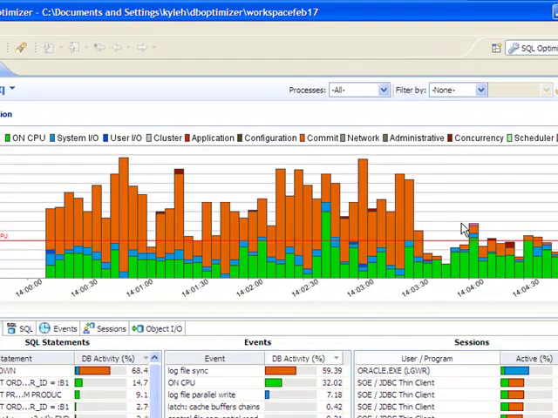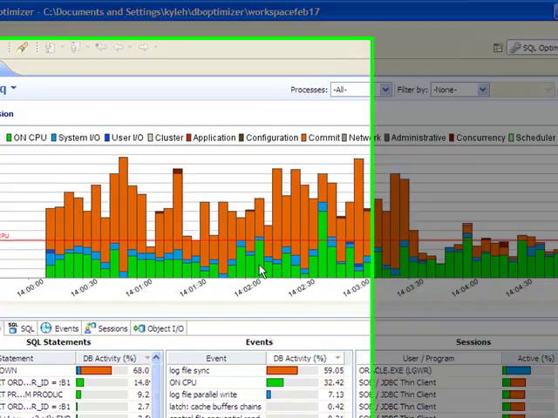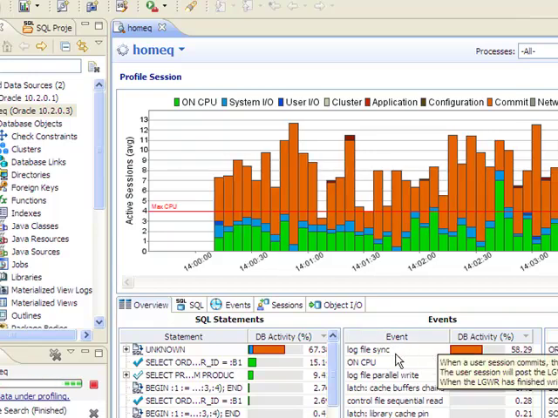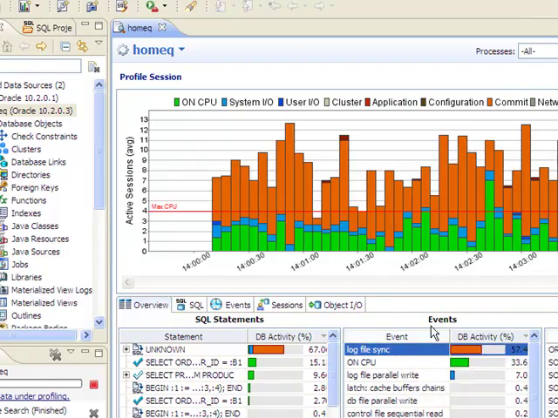Anybody can read it. The idea is when we're far above the max CPU line, there's some sort of bottleneck. What kind of bottleneck? We can identify it either by looking at the color of the bar and looking at the legend, or we can jump down to the event section, the top activity, and see what the top events are. In this case, it's log file sync. I look that up in either Oracle's documentation or DB Optimizer's documentation, and we see there's two choices, either commit less or move the log file to faster disk. Makes it super simple